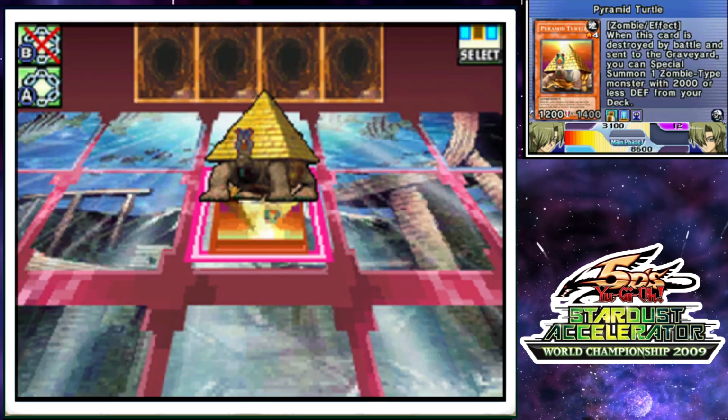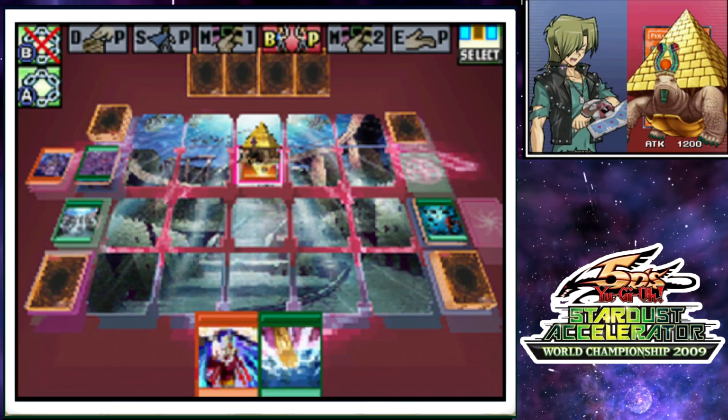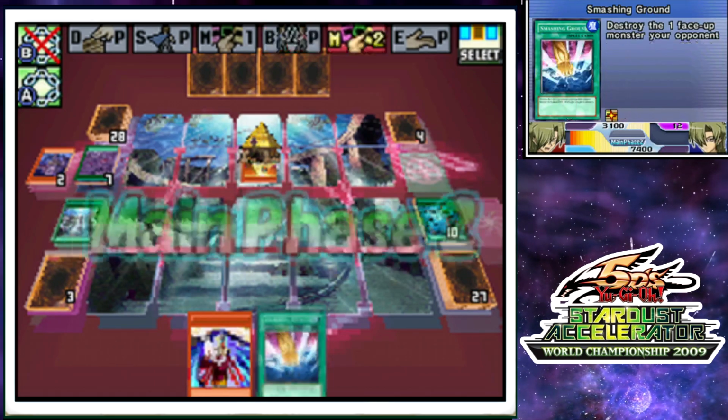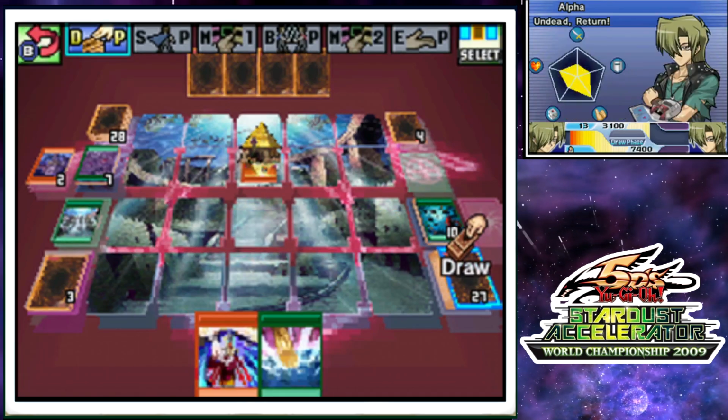Alright, there's Pyramid Turtle. I could have played Yugioh in defense mode to beat that, but we don't want to risk it. We don't mind taking 12. We could do it. Yugioh's for like, oh, I'm going to lose the duel. I need this card. Hopefully I draw a monster now. It's been a while now, so...